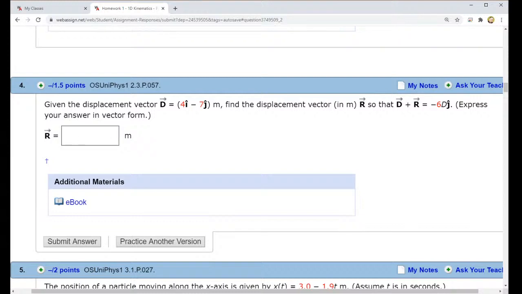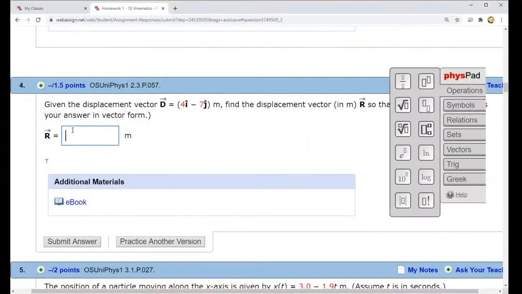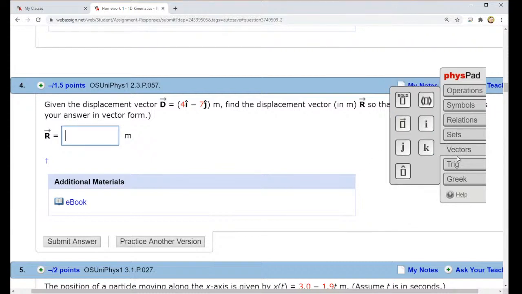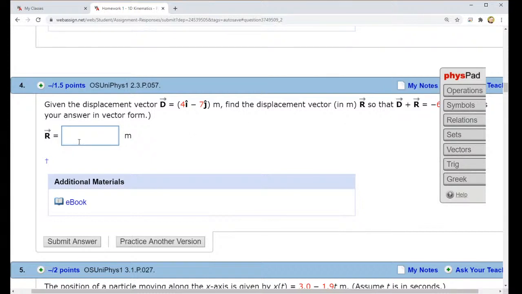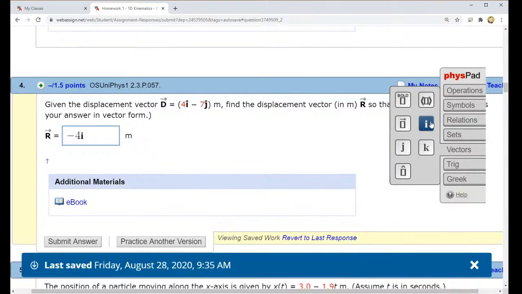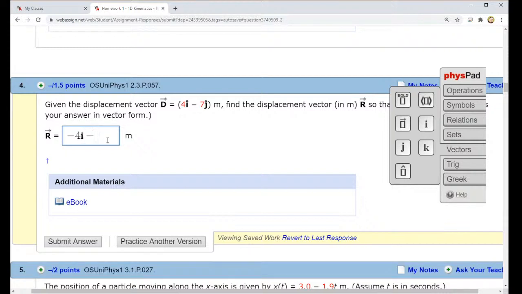So this is an example of one of those. Remember I said that some of these problems on WebAssign you're going to enter your answer symbolically. So watch what happens when I click on this box. This pop-up window comes up, and one of the things you can do is select unit vectors i, j, k. What I'm going to type here is minus 4, go to my vector window, i hat, and then plus negative 41, so that's the same as minus